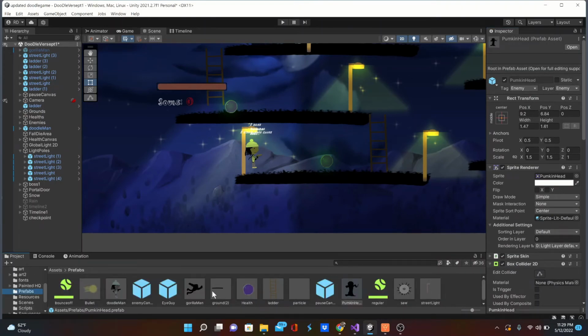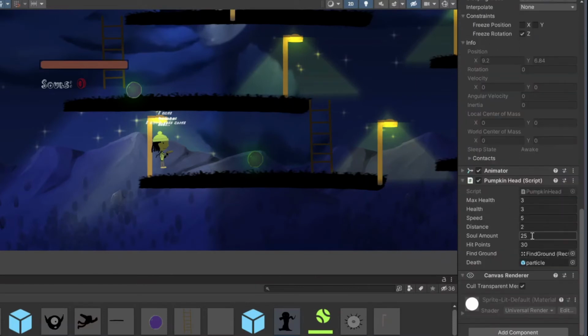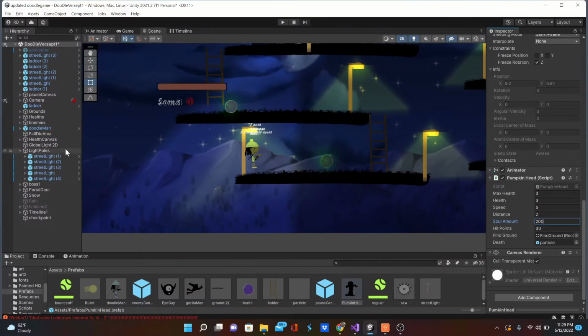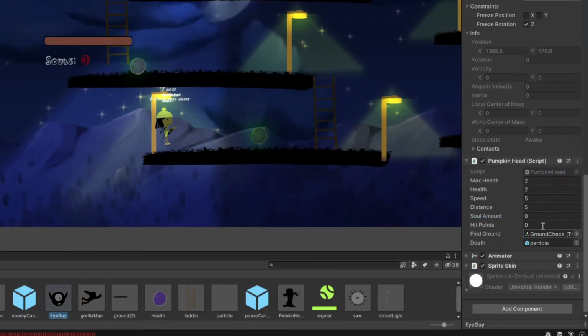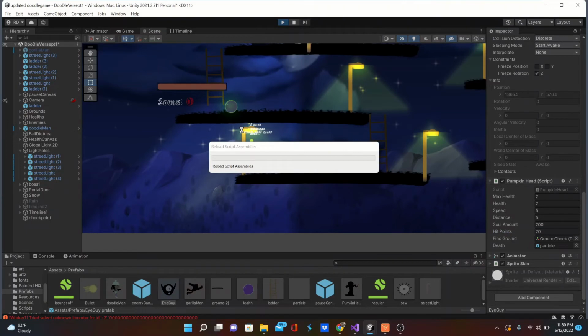Oh wait, let me add a little bit more souls here. Let me also add the same thing to the little eye guy. He's not the only enemy on the screen, so he gets a soul amount too. And we'll hit play